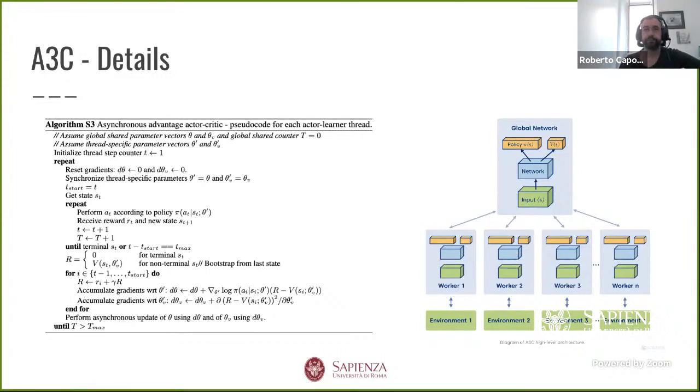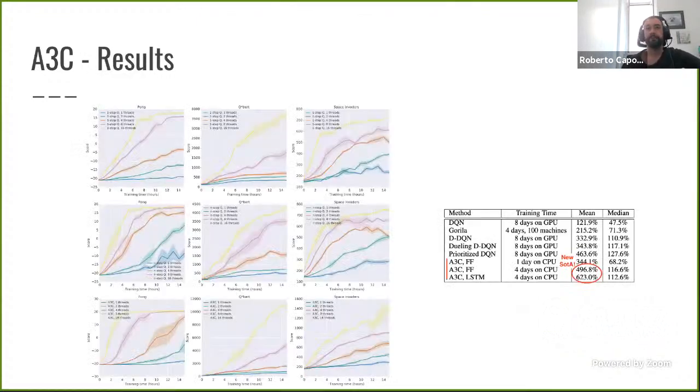Okay. And this is this step: synchronize thread-specific parameters from this global network. And as I said, you can do this with several threads on a single machine, with several processes on a single machine, and so on and so forth, or otherwise in a purely distributed fashion with a machine which is completely independent from the others, where they communicate by means of some remote calls. Okay, then